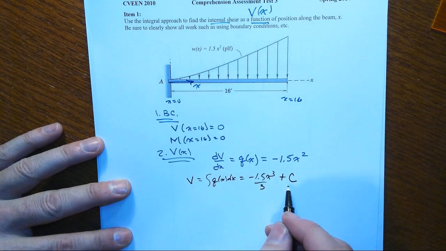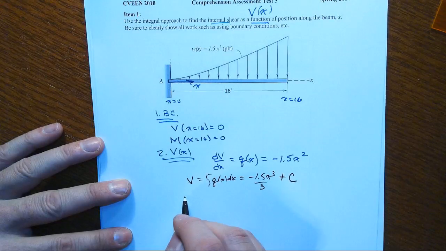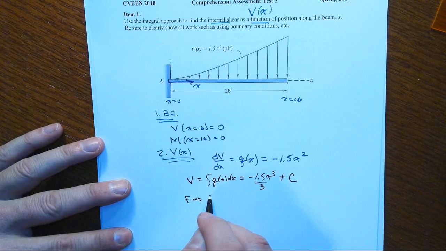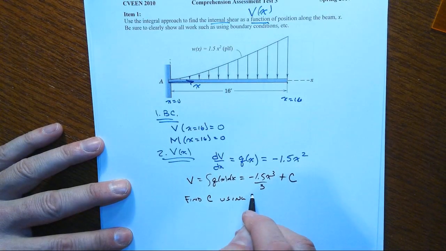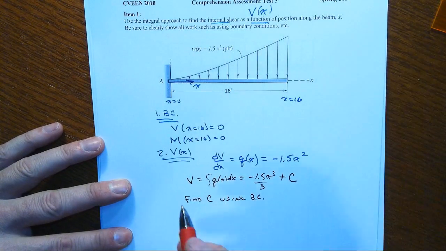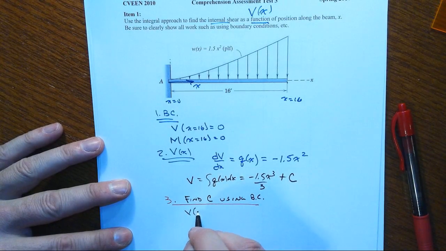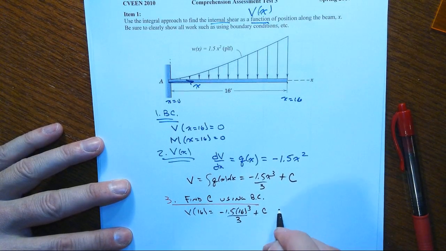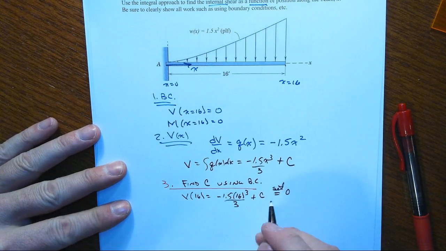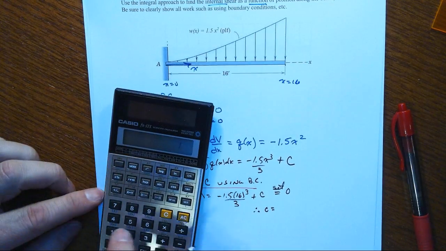That's a key thing. We've got to have that constant of integration. We're going to find it or solve for it using our boundary condition. Right, so that's really our third step here. And so V at x equal to 16 equals minus 1.5 times 16 cubed over 3 plus c. That value needs to be 0, so therefore we have that c is equal to